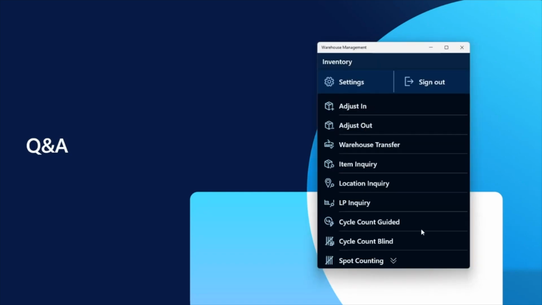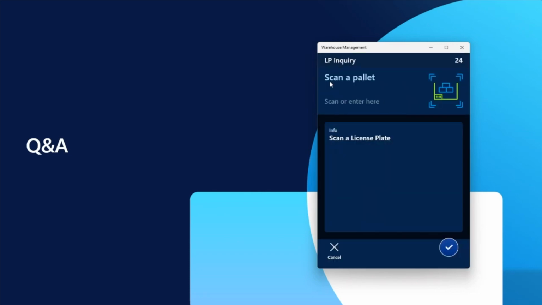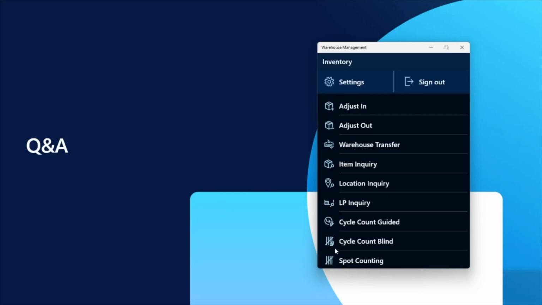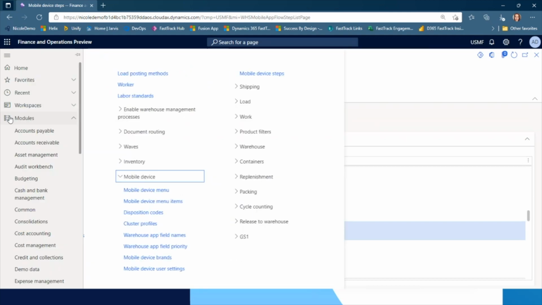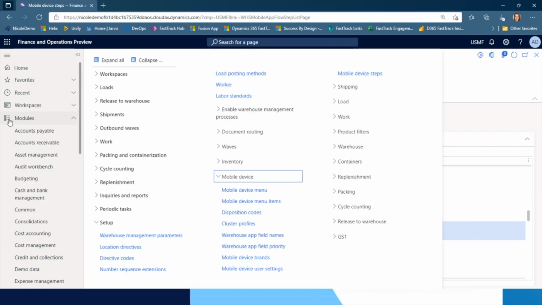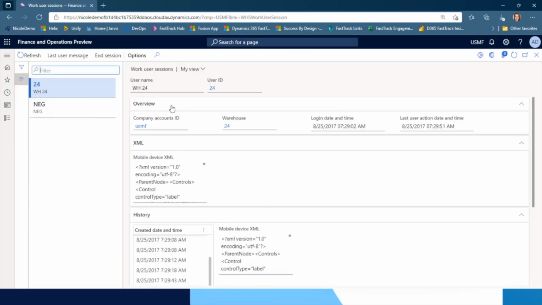Does that make sense? Yes, there is. And I haven't tested it, to be honest, but I think this parameter is passed in the XML between the app and Dynamics 365. So my initial thought is probably that, okay, so let's see, it doesn't pop up again there. If I did want it to pop up again, let me see if just clearing quickly in a test here, if clearing my work user session is actually going to let me see that again.